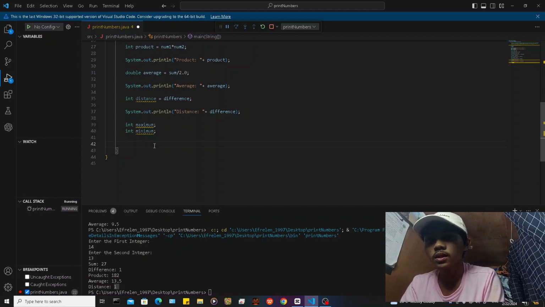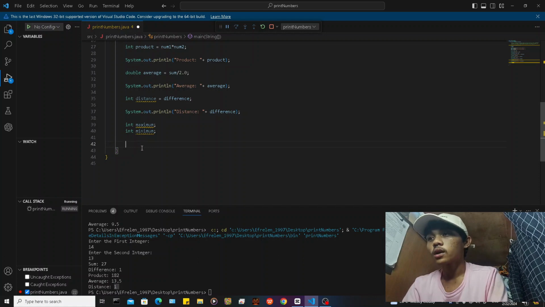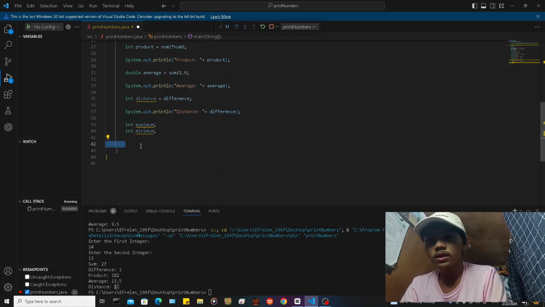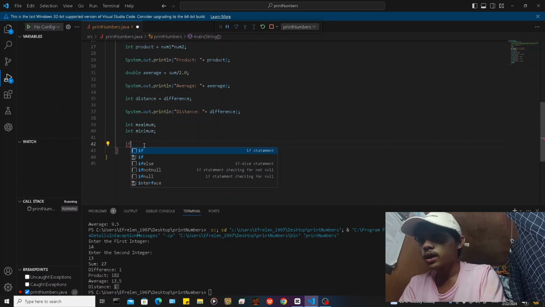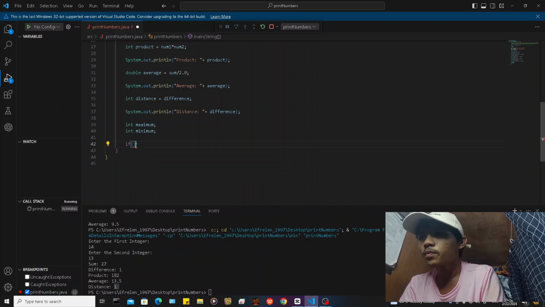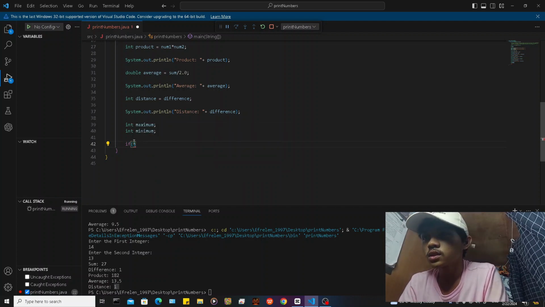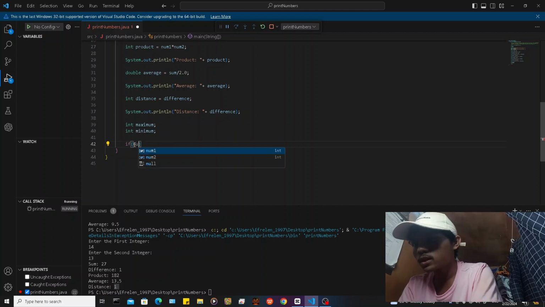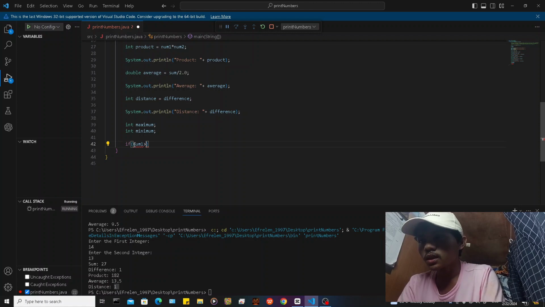You can use the Java method, but you can also use if statements. Today I will teach you how to use the if statement. Inside the parentheses, you can create a condition: if num1 is greater than num2,